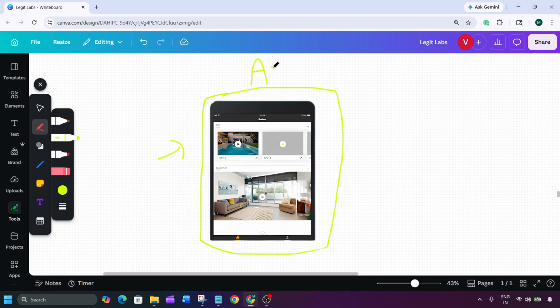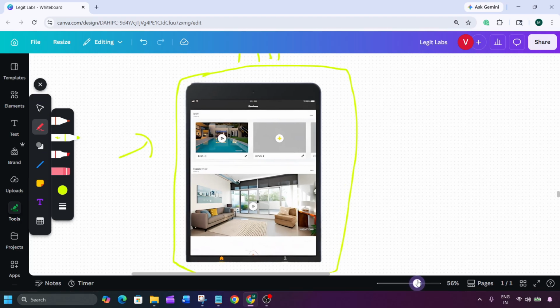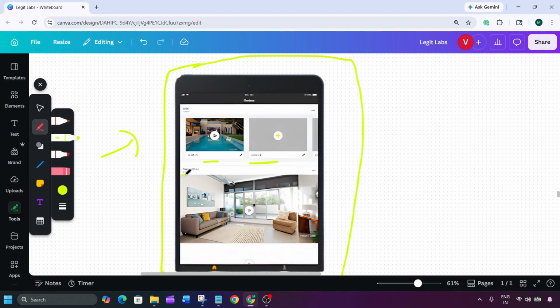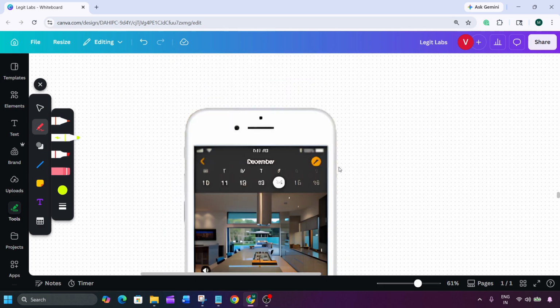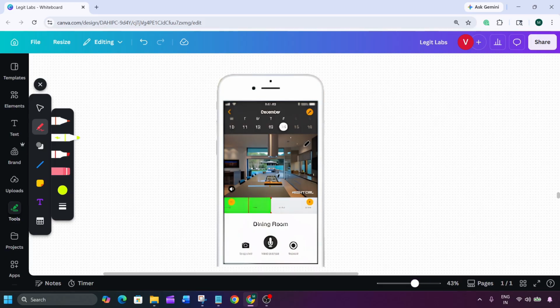Other times, it may get stuck on loading or fail to connect to your device completely. This can happen if your phone and system aren't on the same network or if permissions are restricted. In some cases, the app simply needs a refresh to start working properly again. Instead of assuming something is broken, these are the steps you can try to fix this and restore normal app